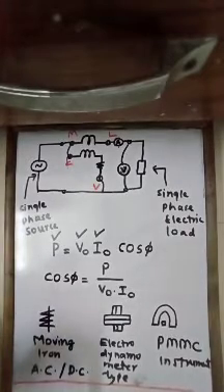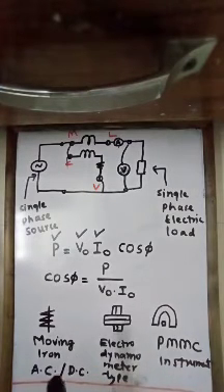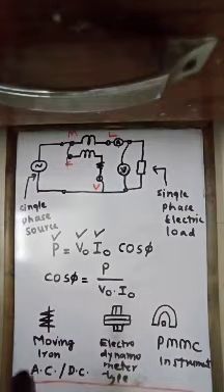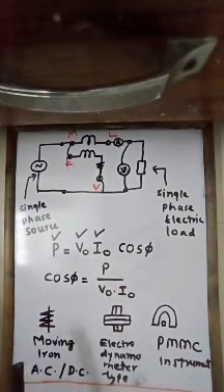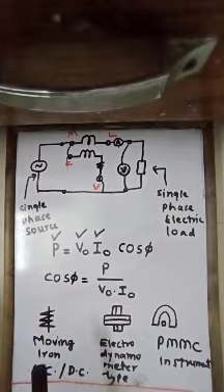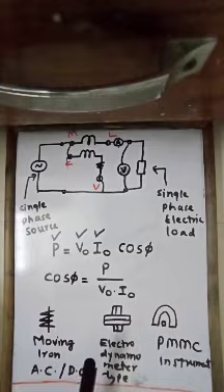Now, in the previous lecture, we have seen how a wattmeter, the measuring instrument, can be used to measure power, how the ammeter can be connected to measure the value of current, and how the voltmeter can be connected to measure the value of voltage. Please keep in mind, the ammeter is always connected in series with the load